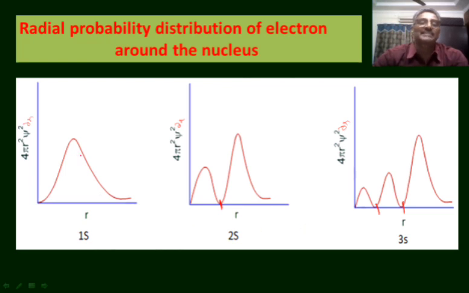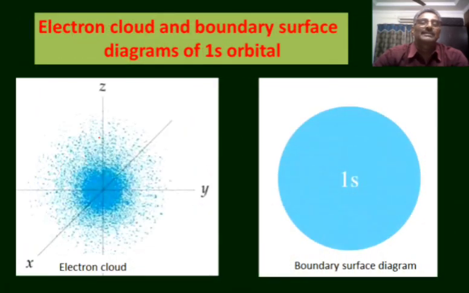So this is showing that the electron cloud density is not the same throughout the orbital. It is more at some places and less at some other places. But the electron cloud density doesn't become 0 suddenly. At far distances also, the electron may appear a smaller number of times. That is, the probability of finding the electron may be very, very small at far distances like these places. So,